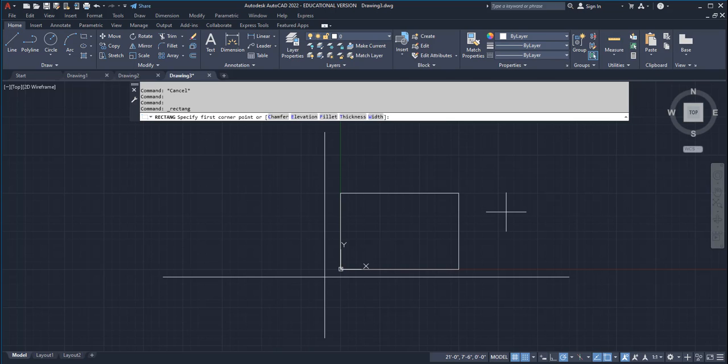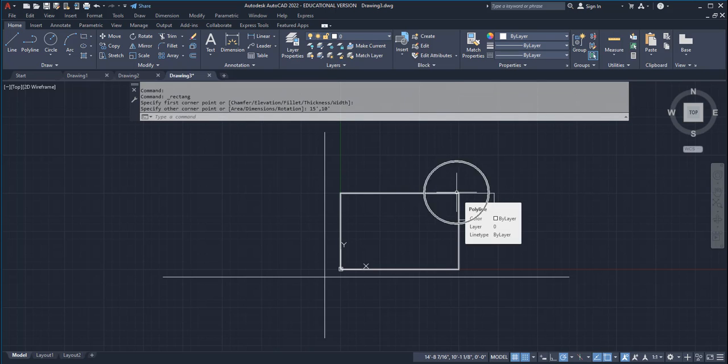We're trying to draw a box, and if we don't put the @ symbol, it will go back to the absolute coordinate system, right? Just like that, if we're starting from the 0 point, it is the absolute coordinate system. If we do start to draw a rectangle from outer space, anywhere, and if you type in an absolute coordinate, like 15 foot, comma 10 foot, it's going to go back to where that point is right there,